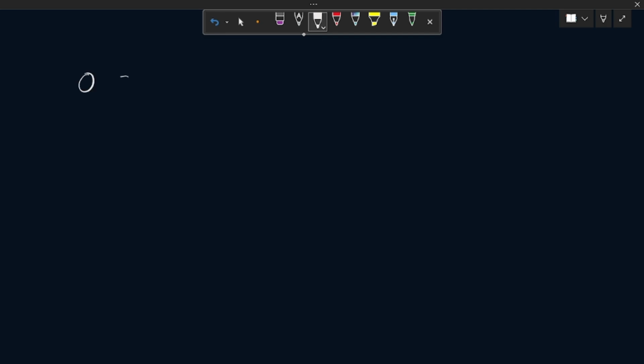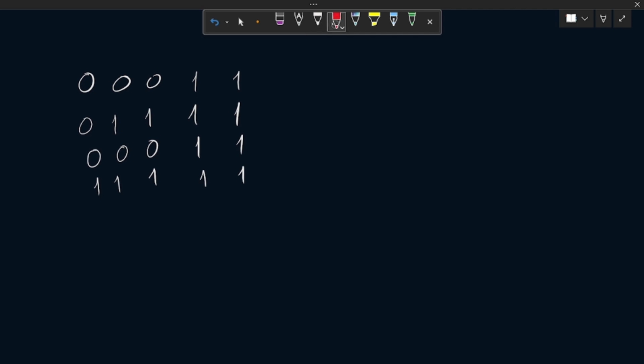Zeros. Because it is going to be in sorted order, all the zeros are going to be on the left and all the ones are going to be on the right. So when I start counting from the left. Okay, so what is the